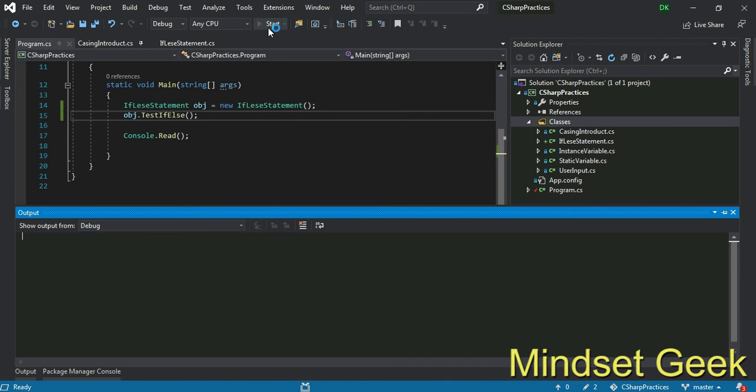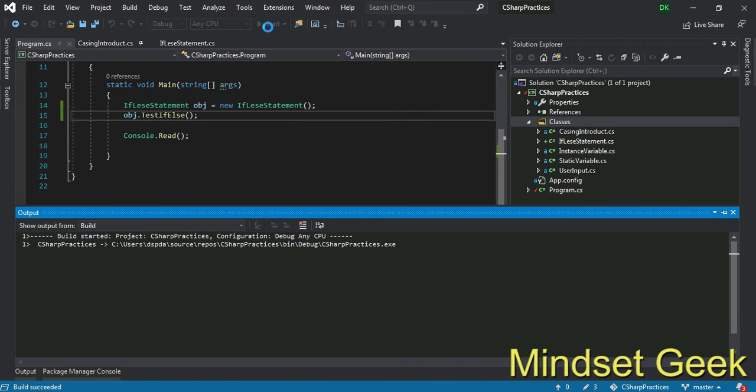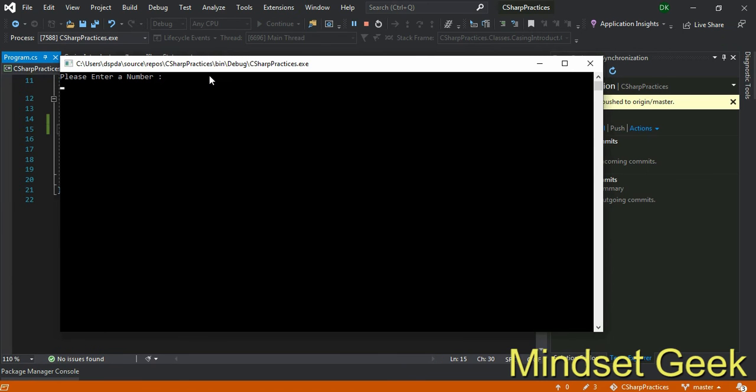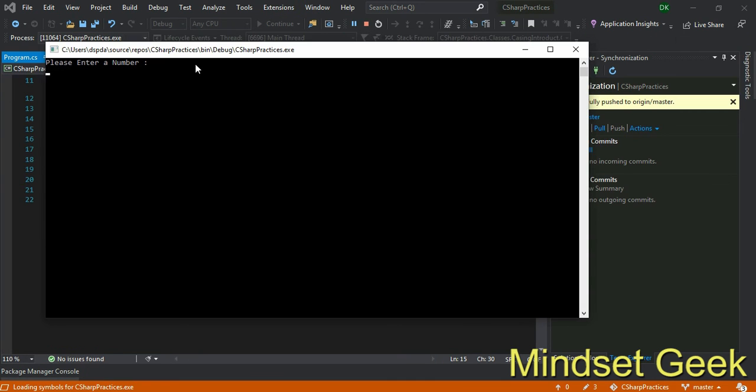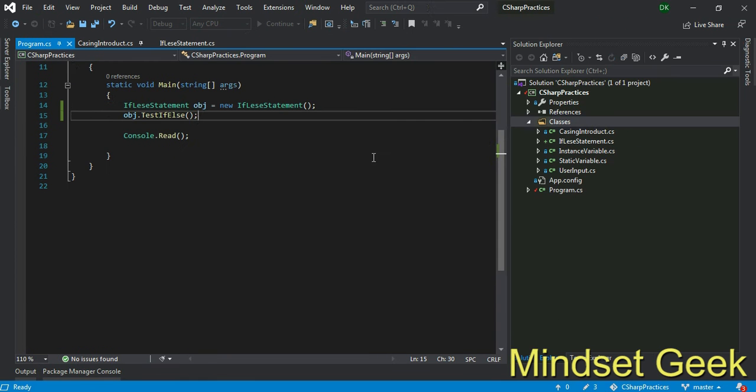Run it. It asks the user to enter some value. User enters 34. Then the user entered 34. Okay, again check. User enters 1.